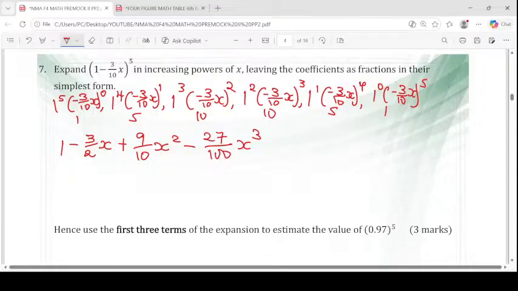After getting that, the next will be now plus. I have negative 3 over 10 raised to the power of 4. That becomes 81 over 10,000. Then you multiply this by 5. This becomes 81 over 2000 x power 4. Then finally we have minus